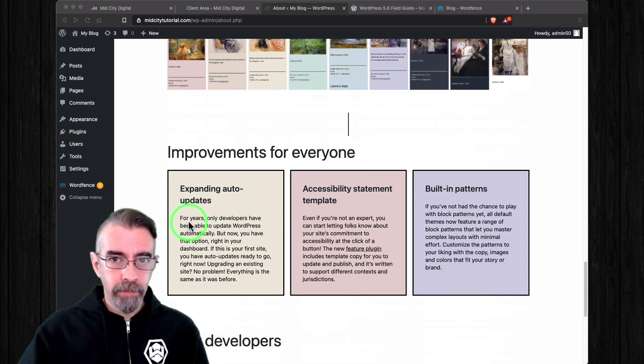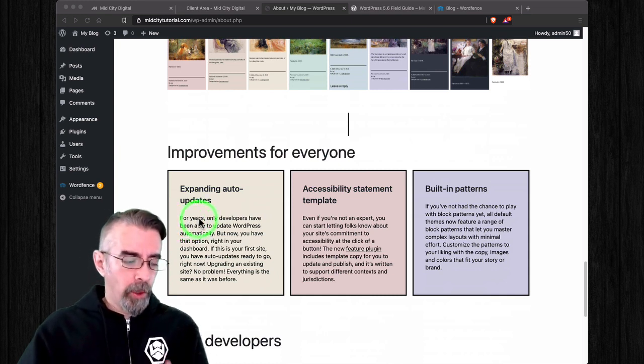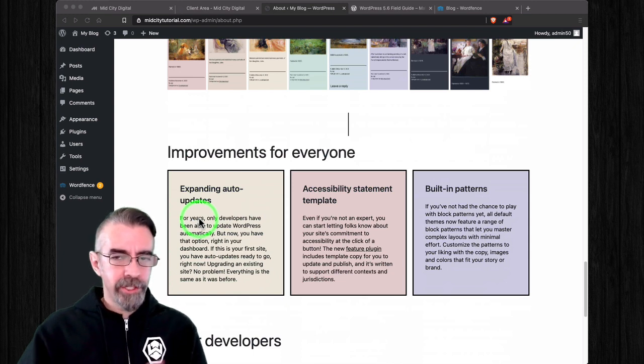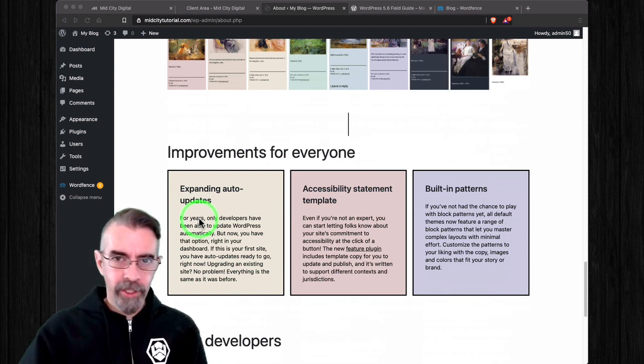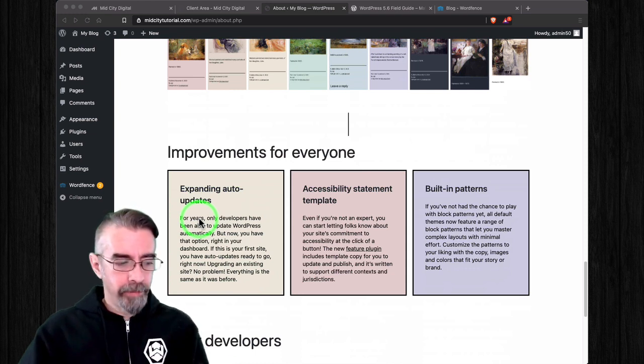That's when things start to break, because the auto updates will only be okay when you're just going with the default theme and everything you're using is completely generic. Different people are going to be using different themes and different plugins. And when auto updates happen, a lot of times, maybe not most of the time, but a lot of times, that's when things break because there'll be some slight incompatibility in the code somewhere, and then you have to update